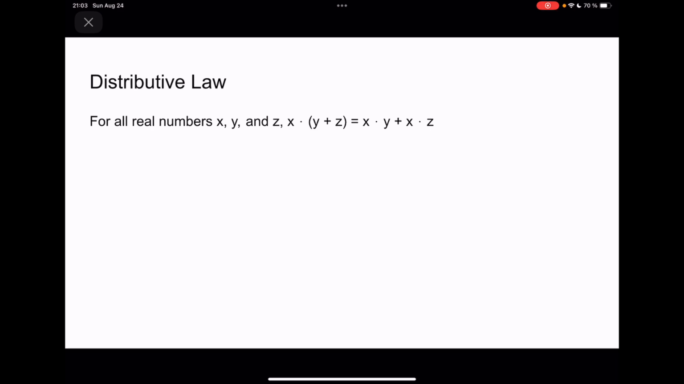So this is just distribution. So say we take that first part, this first equation, x times (y plus z). We're just going